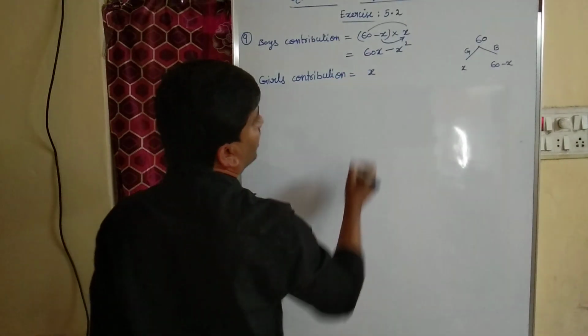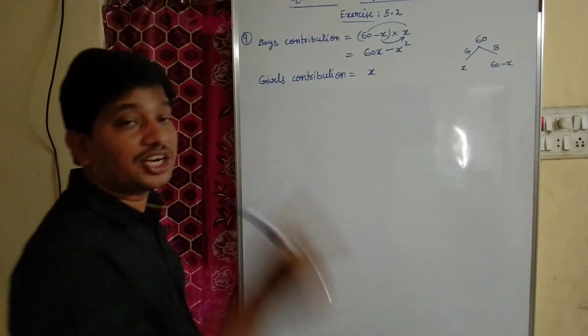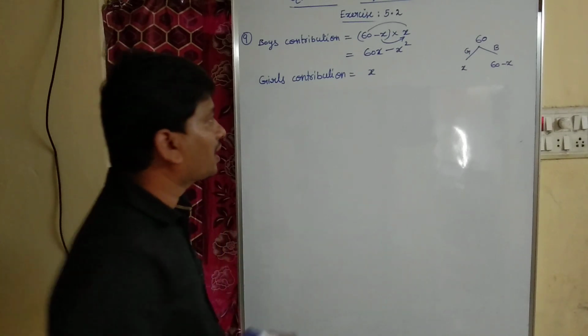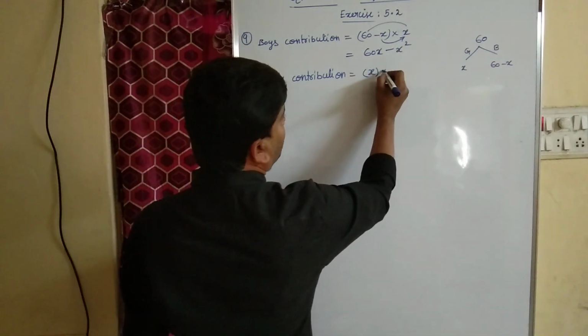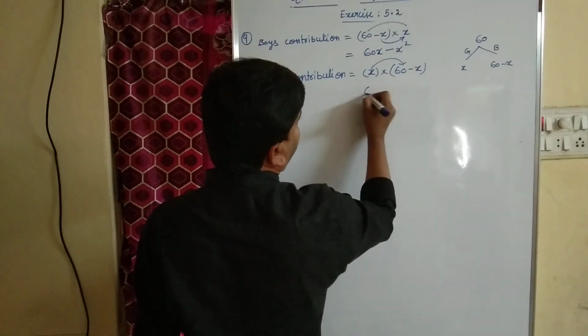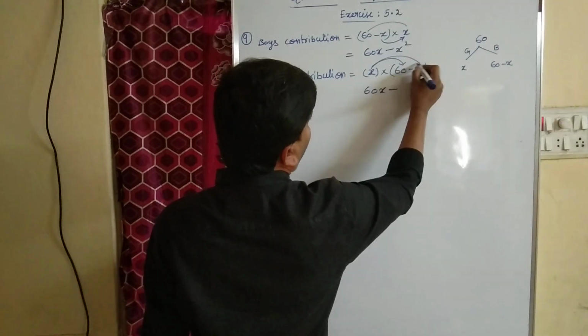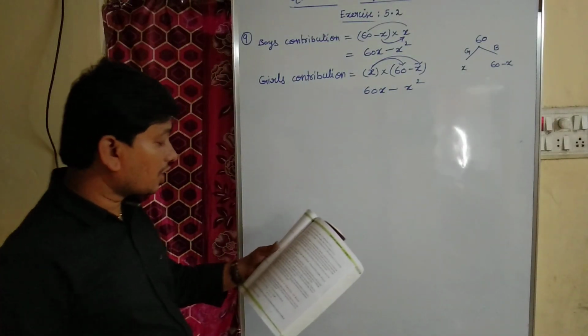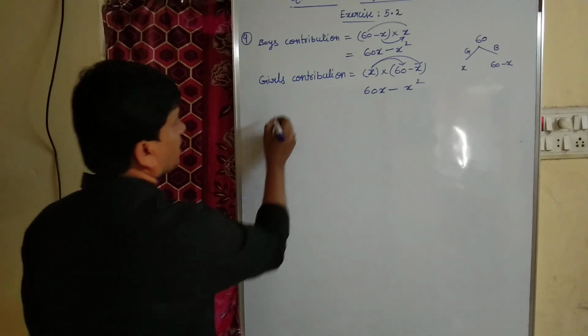Let the number of girls be x, and each girl contributed money equal to the number of boys. Okay? The number of girls is x and each girl's contribution is 60 minus x. So x into 60, 60x, minus x into x, x square. So what about the total contribution? Total money is